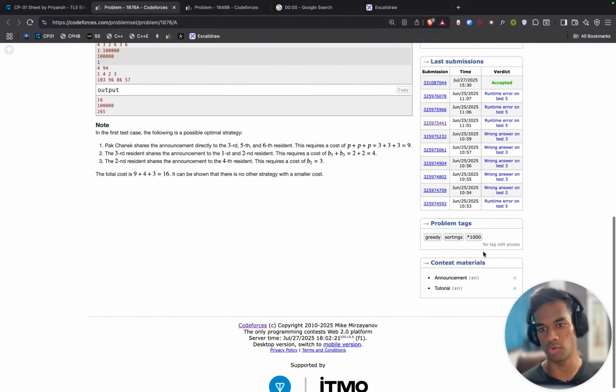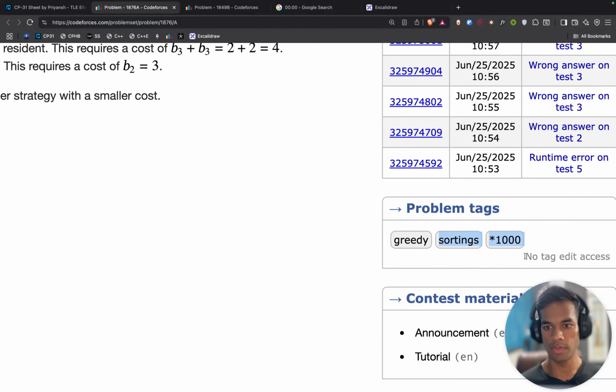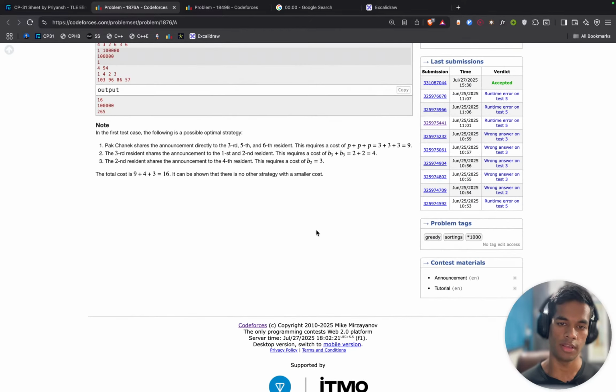And in this question, sorting was there. I did sorting and I also used a greedy algorithm. And I will only move on to the next question unless I know that I understand these tags which are here. So yeah, for this, two things: I have to read the tags and second, the tutorial for the thing.